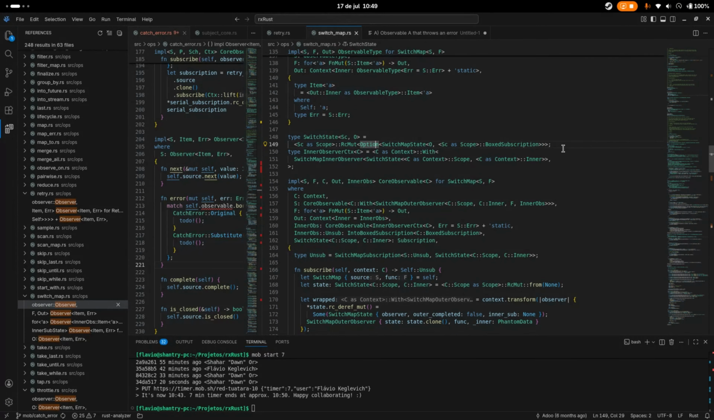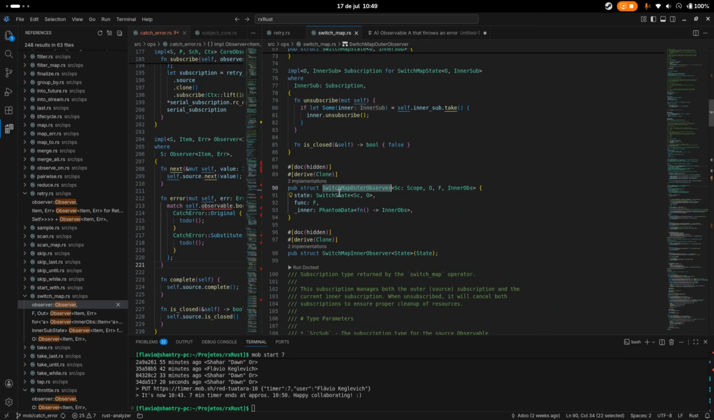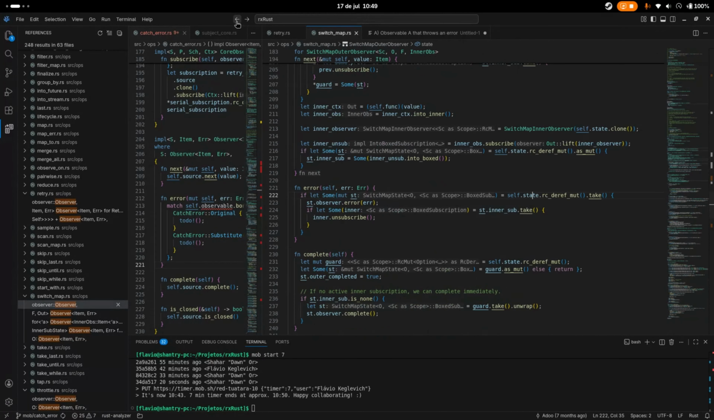Okay, can we see all where that is used again? Switch state. It's used as a state, and switch map outer observer. That's a field declaration. Yes, and we have two kinds of